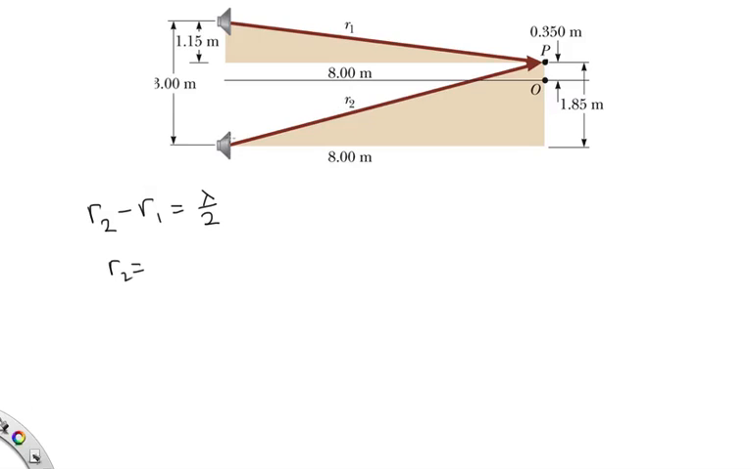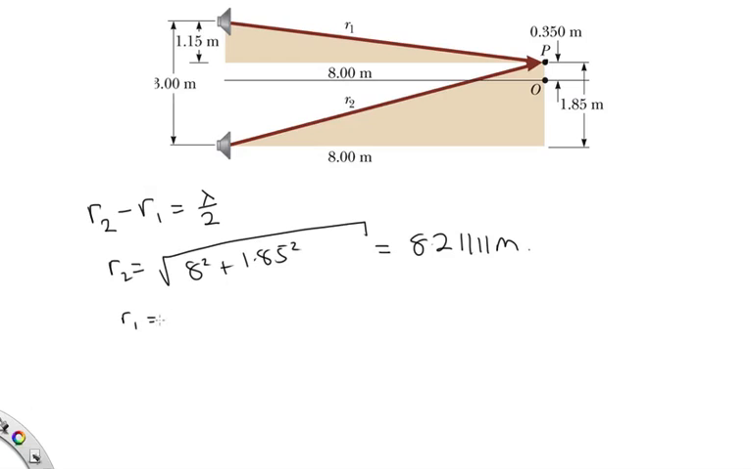So R2, we've got the height here, 1.85, and the length 8. So it's the square root of 8 squared plus 1.85 squared. Taking the square root of that, we end up with 8.21111 meters. R1 is equal to the square root of, in this case we've got the length 8, and the height is equal to 1.15. So it's 8 squared plus 1.15 squared, and that gives us